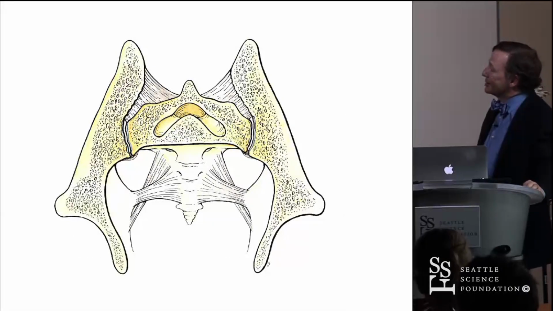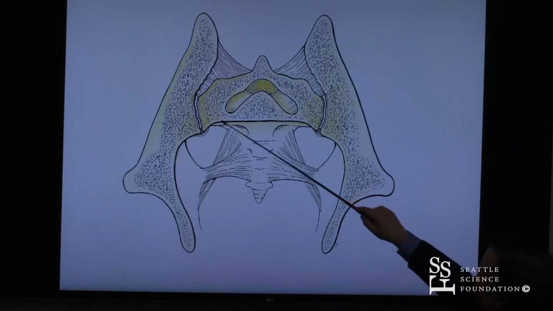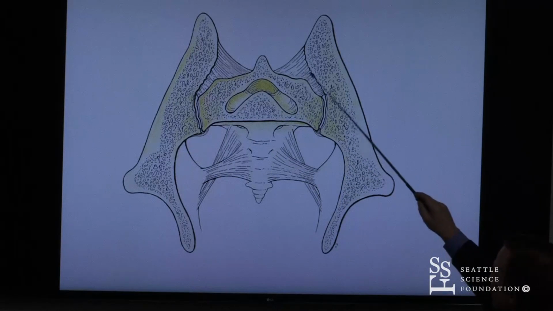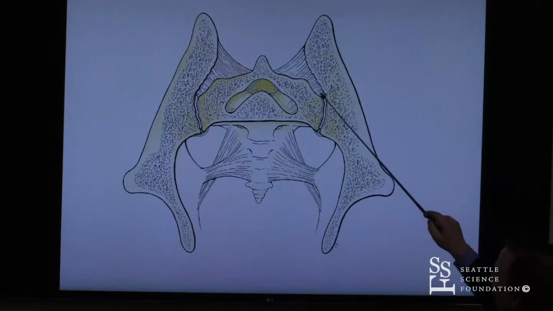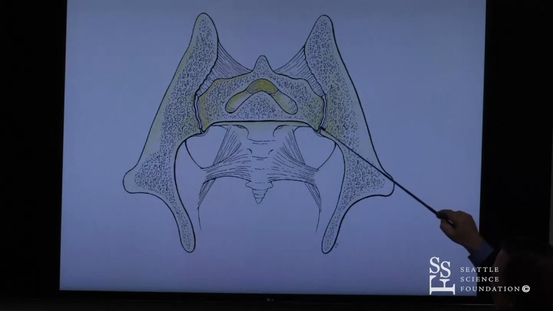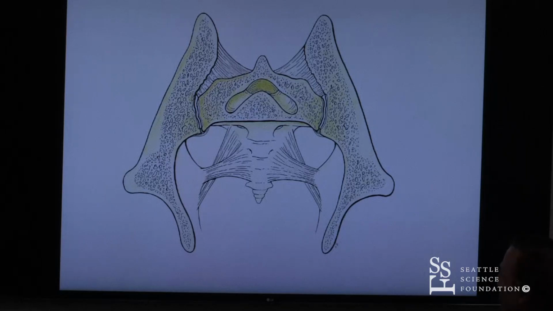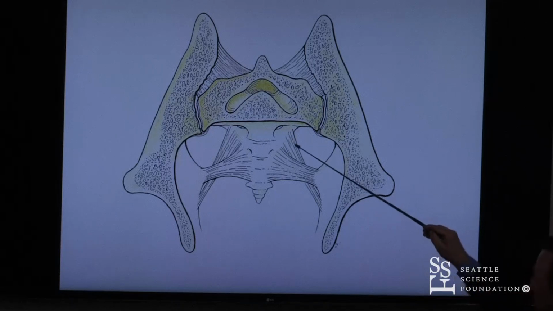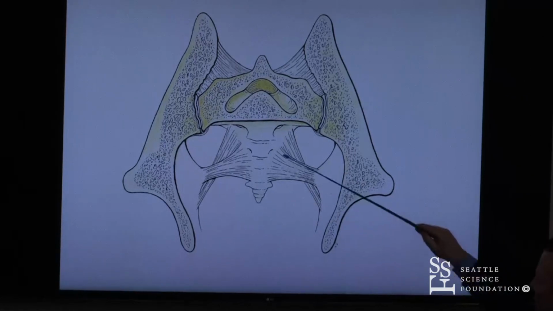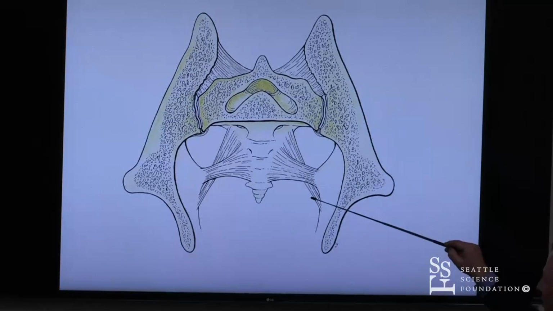Here's a nice axial section that's interesting. We see the pelvis, the ilium, and the sacrum on cross-section, and these strong interosseous ligaments of the sacrum that help bind it to the ilium. Here's the actual sacroiliac joint space, and here's the sacrum. A couple of ligaments help keep everything in check, especially with weight being distributed from top down. One is the sacrotuberous ligament, from the sacrum to the ischial tuberosity. The sacrospinous goes from the sacrum to the spine, and these help bind and keep the sacrum from